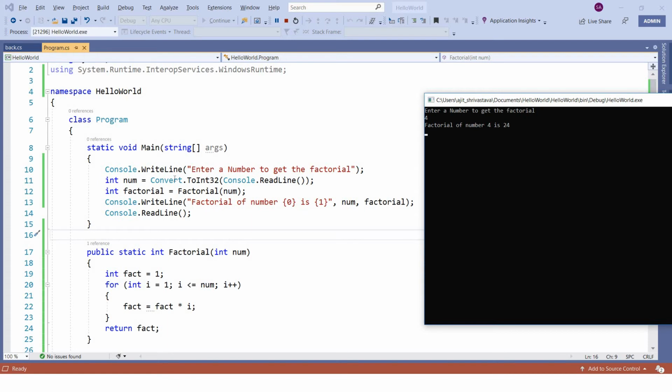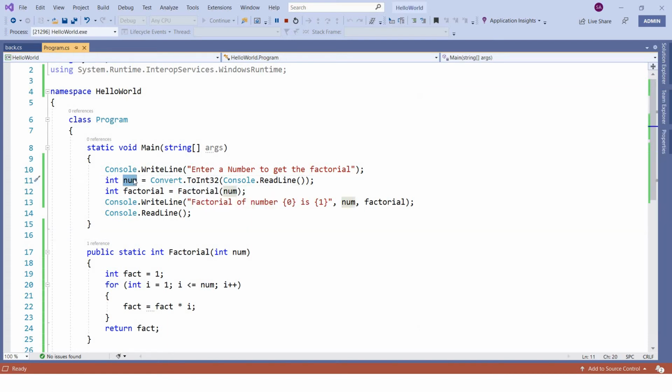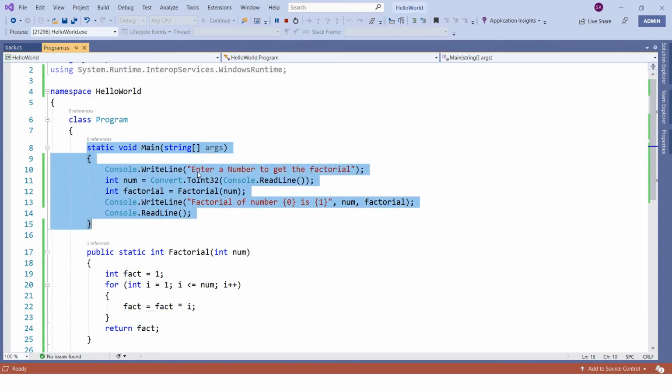Okay, so what we are actually doing is reading the value number, which is 4, and passing number 4 here. Then that number 4 will be copied in this variable, and it will calculate the factorial of that, the same logic, and once the calculation is done, it will simply return that value to the calling function. So the calling function is this one, right?